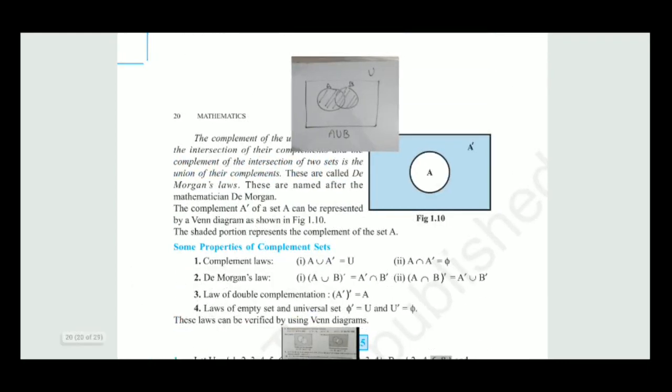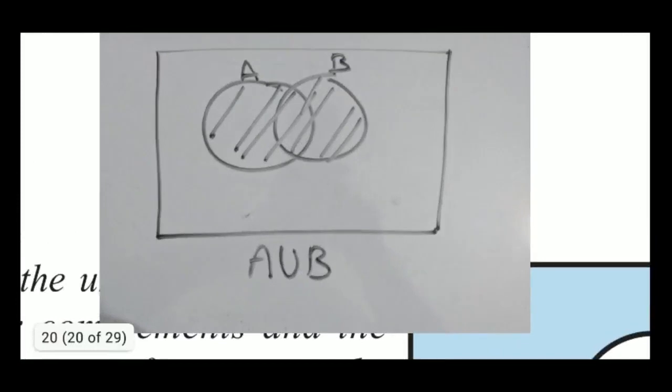Students, I am going to start the solution of the first part. Here you can see very carefully what they have given. We have to draw the complement of A union B. So before we start, in the very first step, you will draw the union of A and B. Firstly you will draw a rectangle, then set A represented with a circle and set B is also represented, and A union B is represented with this shaded portion.